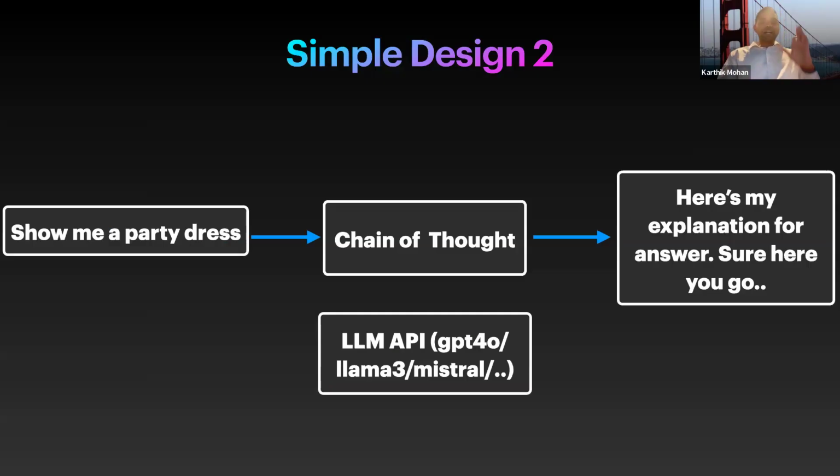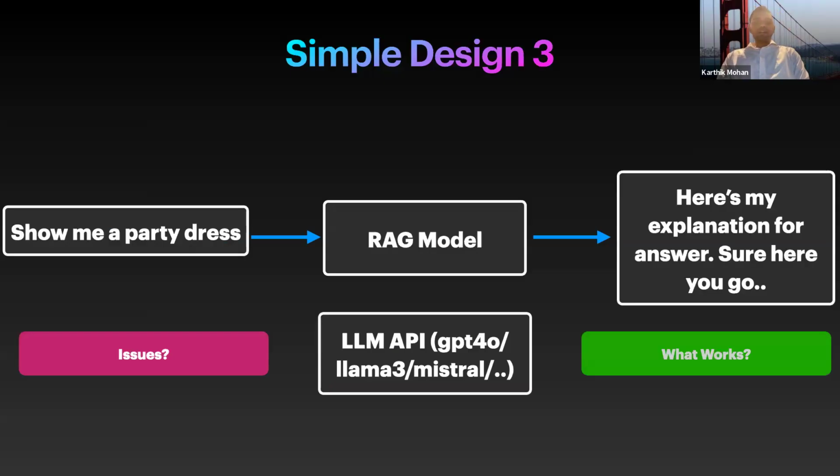Okay, so then you say, okay, I had a naive prompt. Let me change it to chain of thought, and maybe I get a better explanation for my answer for accuracy reasons, and then maybe I'm improving accuracy, right? But then I'm still not having information in context. Then I can say, let's use a RAG model. I can get information that's out of context, and then an LLM might be able to